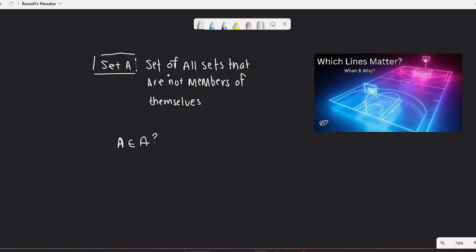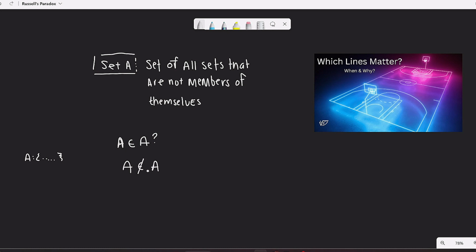Is set A, which is the set of all sets that are not members of themselves, so this set A includes elements that are not sets of themselves. So therefore, is set A itself a set that's not a member of itself? Well, yes, it is. A is not a member